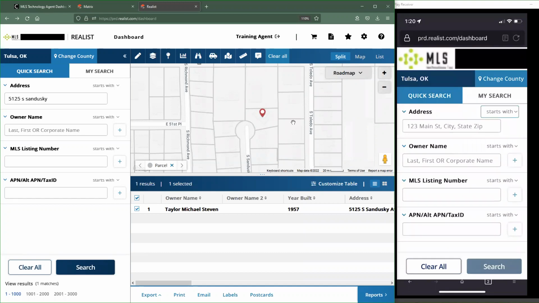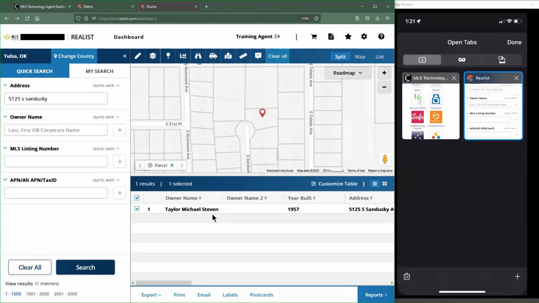So Realist is available. I do suggest, if you guys are wanting to search for tax records, there are a couple of other options in the form of apps that we're going to be discussing in just a couple of minutes. I'd strongly, strongly recommend that you use either RPR or even just the app that we have available through our MLS, which is MLS Touch. Again, we're going to be covering both of those in just a bit. Now, we also have a couple of other apps that are available through the mobile site.